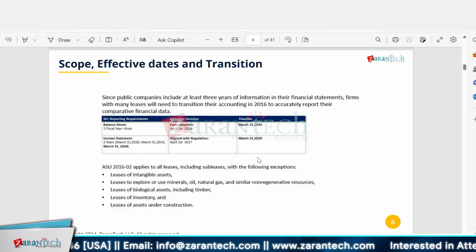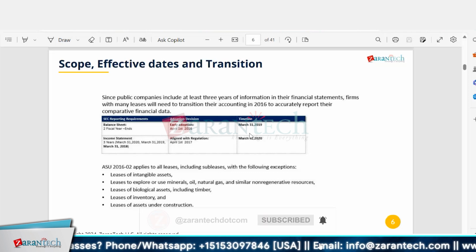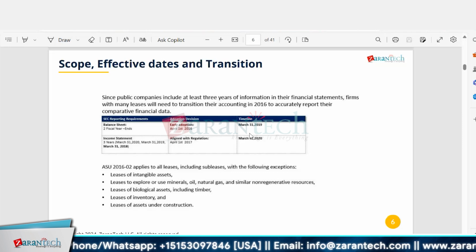So these are the timelines until which they could do it. This is not hard and fast. They could do it, but it is not necessarily required that they use SAP. There are a few companies which started using IFRS 16, but outside of SAP. What they used to do is report as per IFRS 16, but calculate those amounts manually. Even now, manually as in an Excel sheet. Even now there are several companies who have IFRS 16 in place, but they are not using the SAP